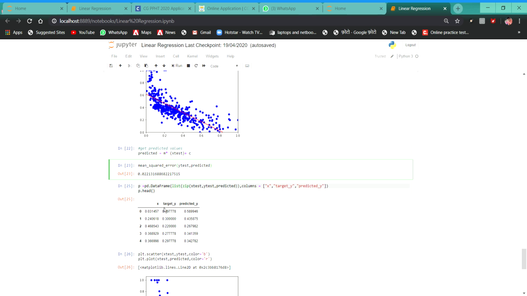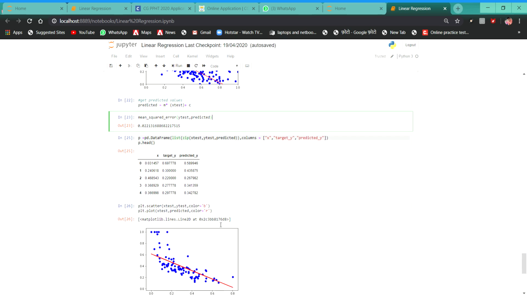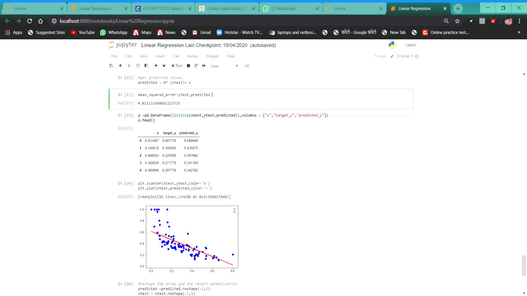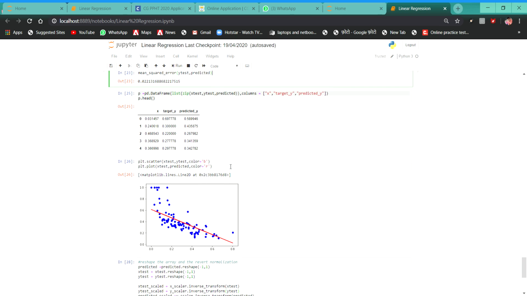Here we can see the values of x, the target value and the predicted value. Now we again plot a graph for the test dataset and predicted dataset.